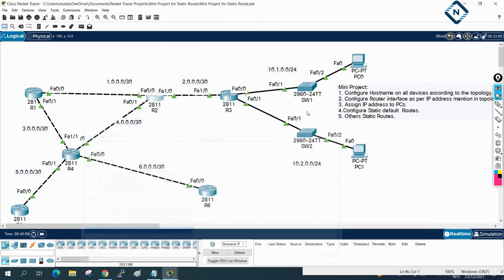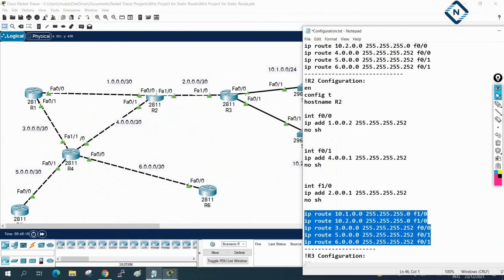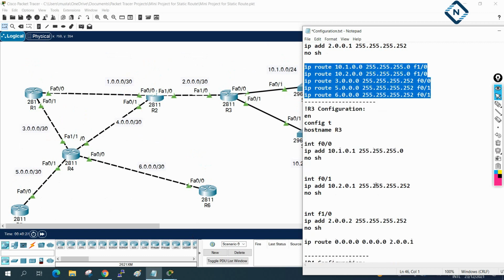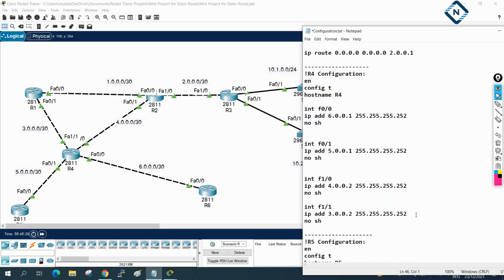Okay. So now after that, what we will see is the other routers, we have R3, R4. So we can do it for R4, because in R3 we defined the default route, in R6 we defined the default route, and in R5 we defined the default route. So now we will do it for R4 only. So let me go to R4. In the R4 we will do the configuration. R4 is simple, no issue.